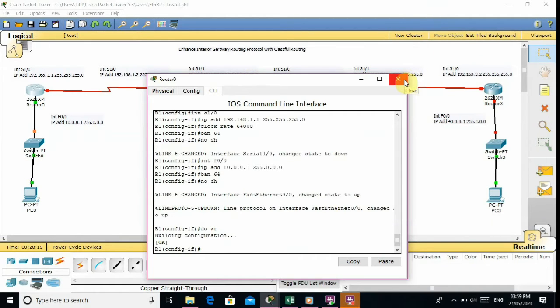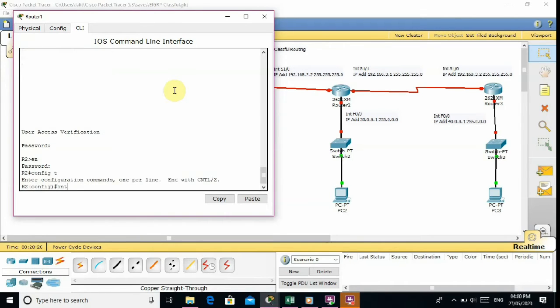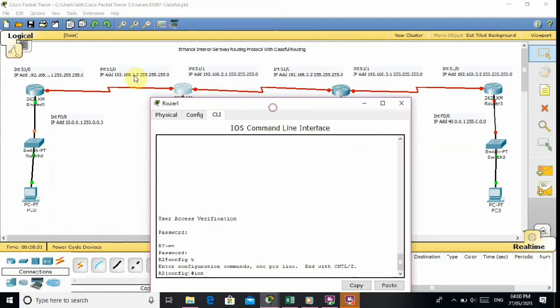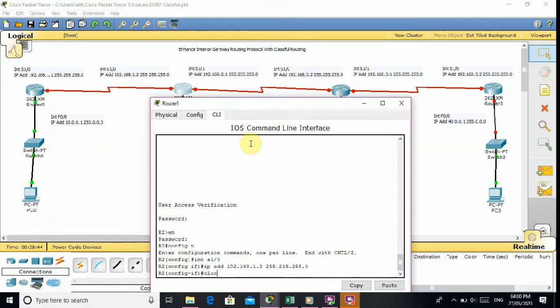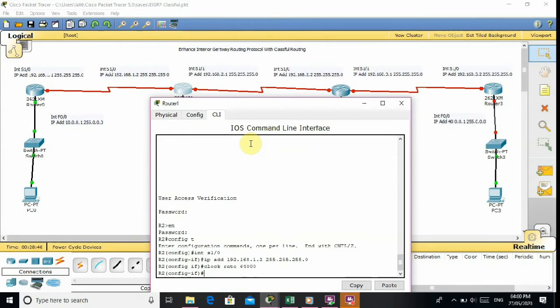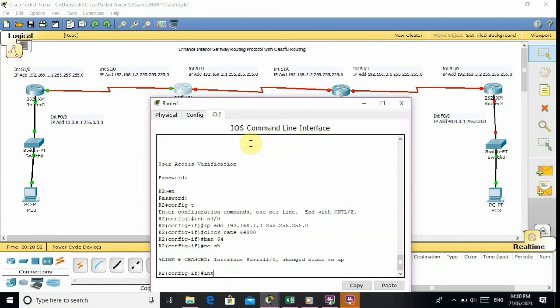Now I will configure router second. I enter the password. After user mode to enable mode, and enable mode to configuration terminal mode. Interface serial 1/0 that is connected with router 1, and IP address is 192.168.1.2, 255.255.255.0.